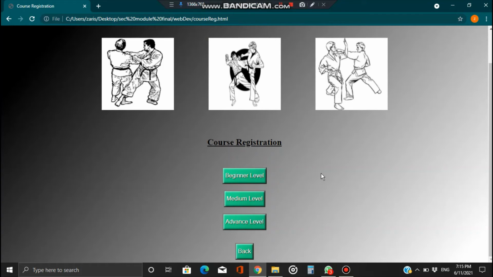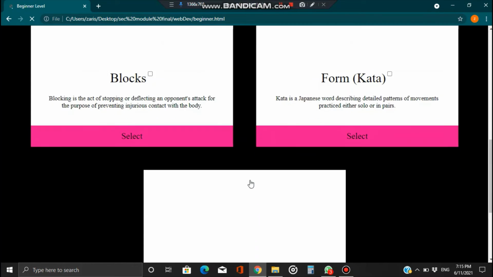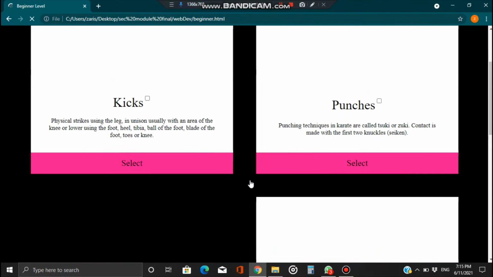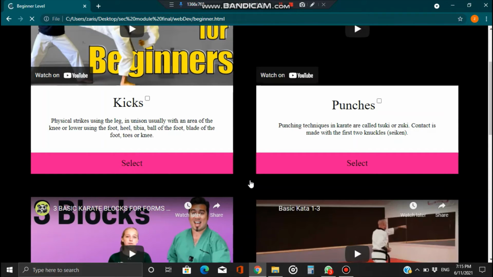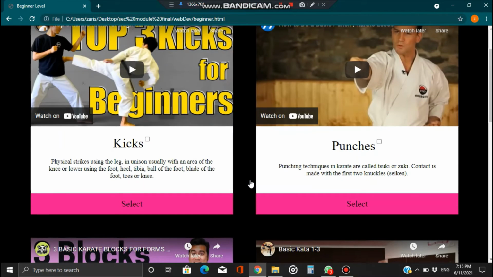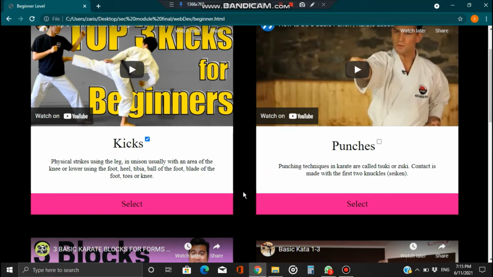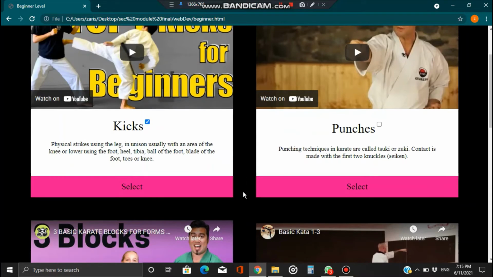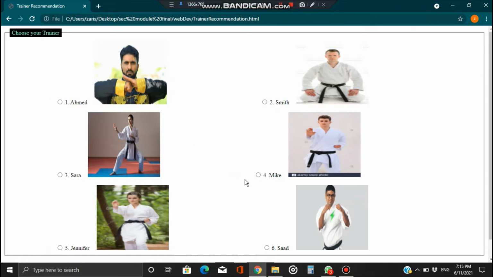For example, if we press the beginner button, we will see these check boxes that will show you all the courses. All these courses have been hard coded in the back end, and the user can select any of these courses one at a time, and this information is stored at the back end. Then when the user presses submit, the functionality takes the user to the next page where he or she can select